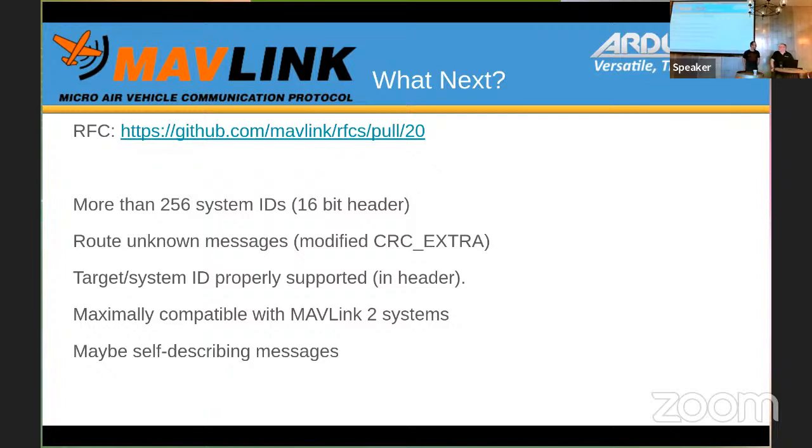Yes, sorry. I was just going to say that this addresses one of the key limitations, as Hammy said, which is the 255 system IDs. That's becoming the common use case that people think about as to why that limit is challenging: things like the drone light show. We're already seeing ArduPilot used with thousands of vehicles trying to coexist, and people get around it by having multiple networks all up concurrently.